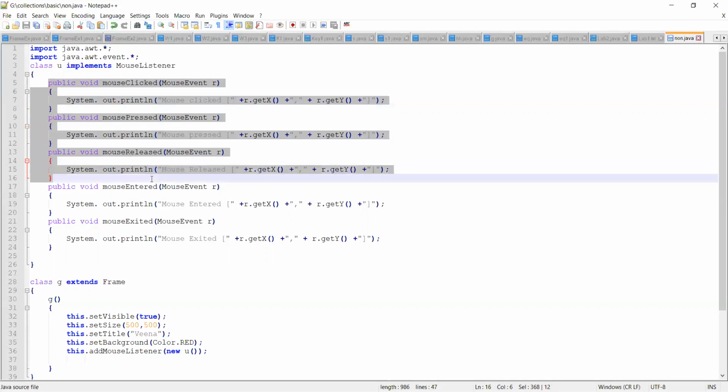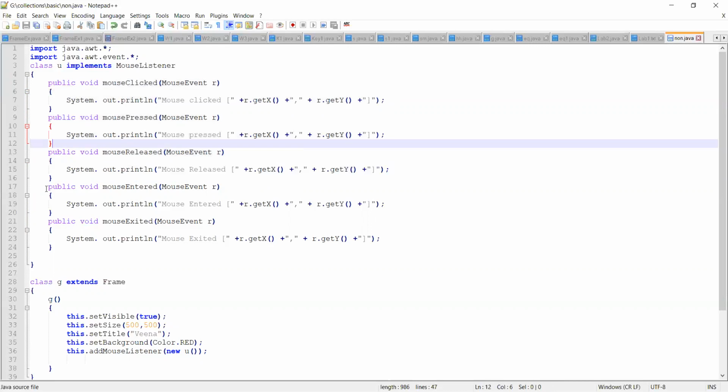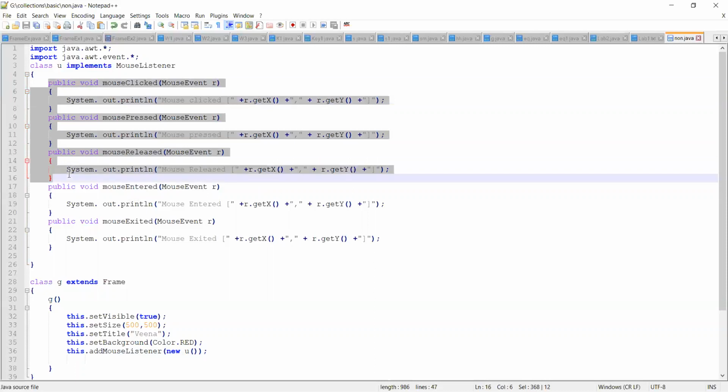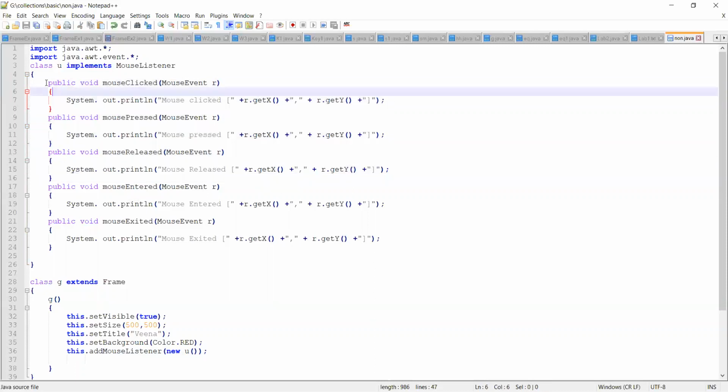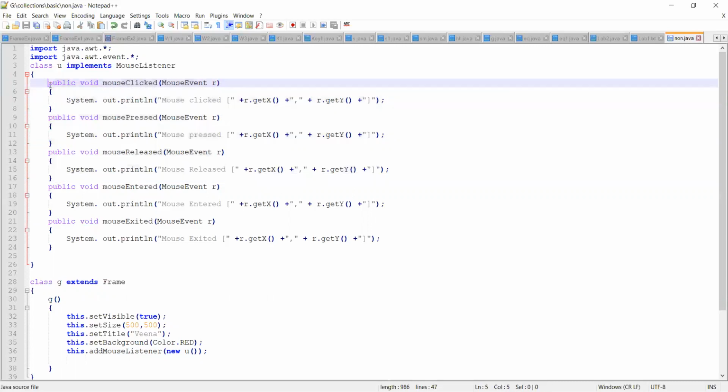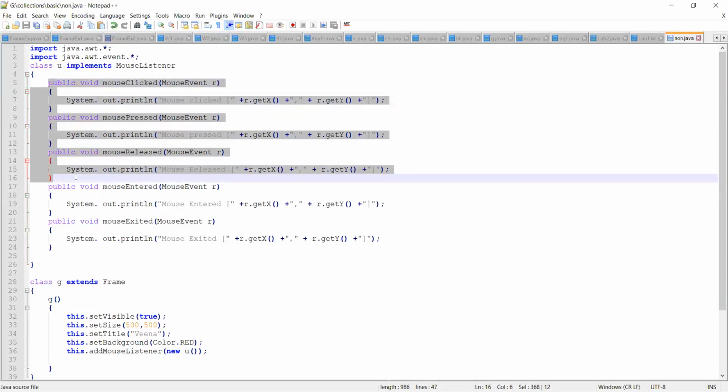Now, if you don't want the service provided by these particular methods, since you are using an interface, whether you require them or not, you should provide the implementation. Suppose I'm expecting service only from a few methods and I don't want the service from other methods. Then why should I provide unnecessary implementation for other methods, right? So these three methods' implementation I don't want to provide. In order to overcome that, we can make use of a concept called